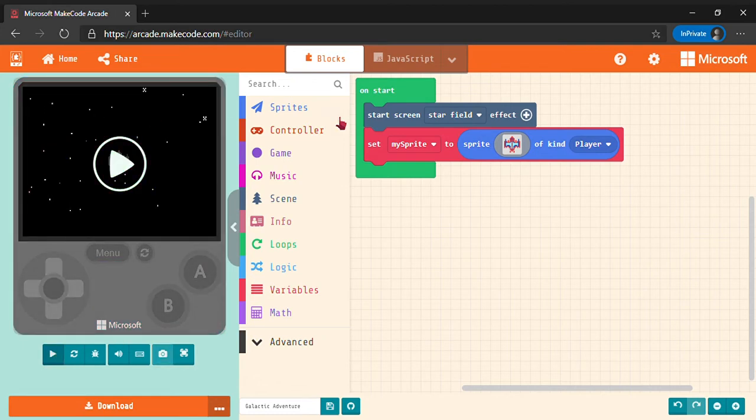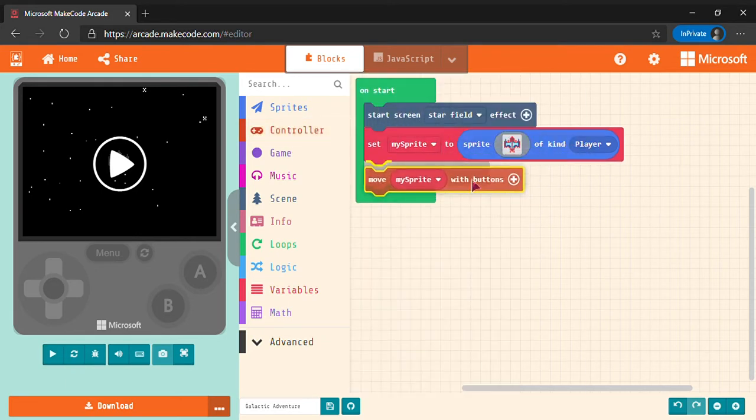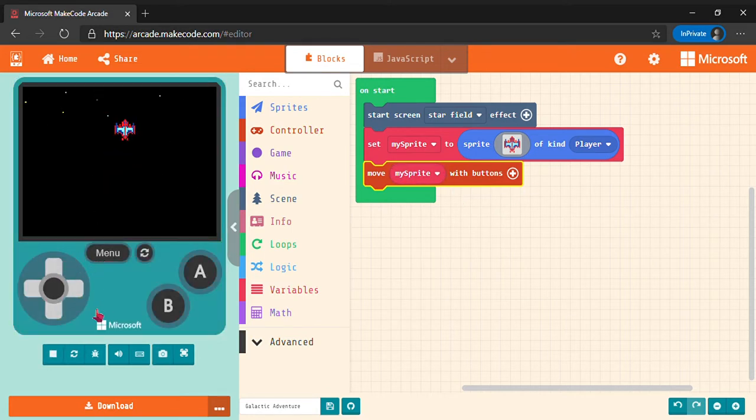But first we need to move our sprite. So we need to control. So you go to the controller category and then drag out this first one, move my sprite with buttons. And now we can successfully control our sprite. But notice that we give it too much